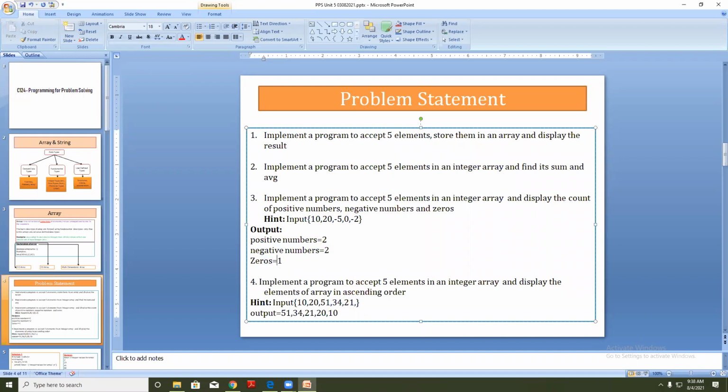So for 0 we are going to compare whether the variable is equal to 0. If this is true, then again I will use the counter variable to increment it.